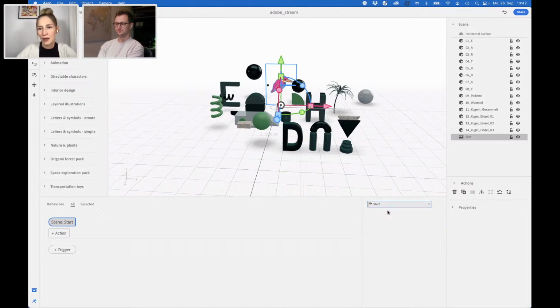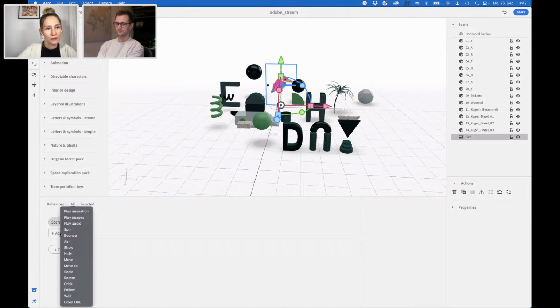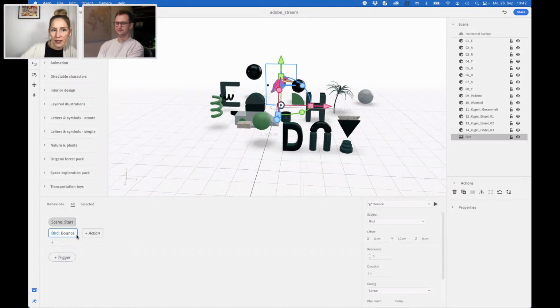So in this case, I pick just start. And I want it to bounce, for example. So as you can see, it's bouncing. Nice. Then you can play around with the different anchors and, of course, duration.